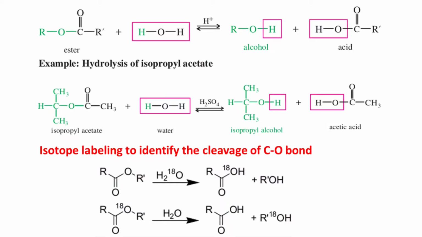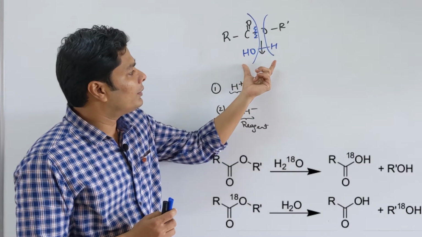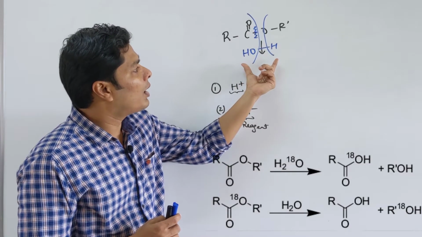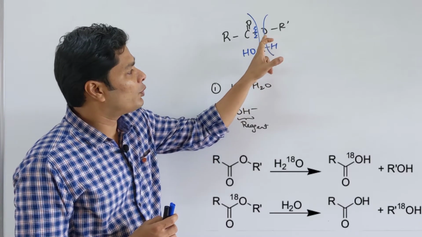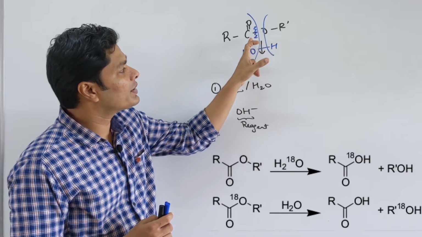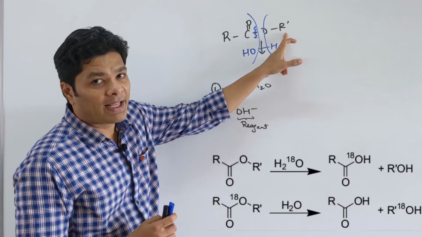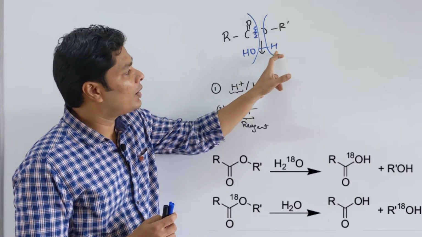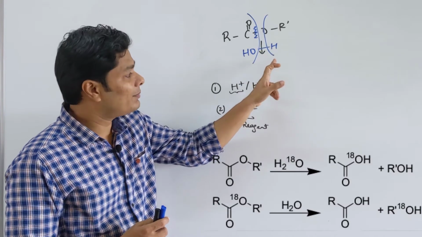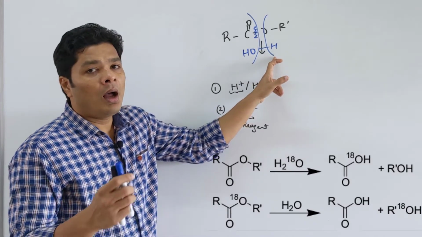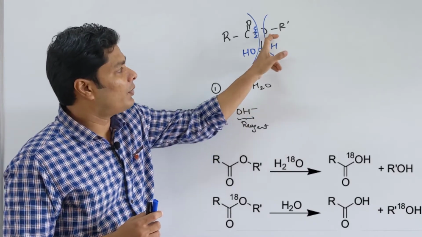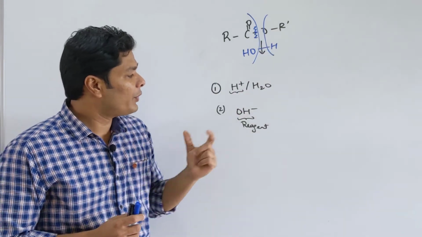Now this can be shown by isotope effects as well. For example, here if you see when an ester with an isotopic oxygen is shown, this shows you clearly which carbon oxygen bond is broken. The bond that is broken is the carbon of the carbonyl carbon, not the carbon of the alkyl group. So the corresponding alcohol and acid you have to remember, because that will be shown explicitly by the isotopic effect of oxygen.